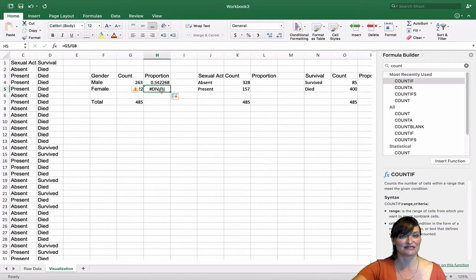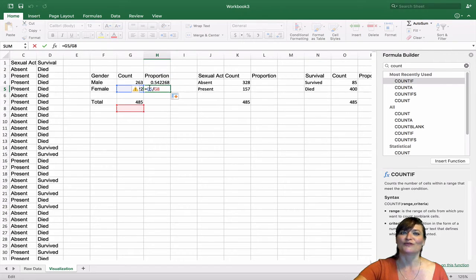You can't divide by 0. Why? Oh, do you see what it did? Fill takes it very relative to the cells, and so it's saying take the cell directly next to me and divide it by the one 3 below. So we would have to move that up in order to affix the denominator there.